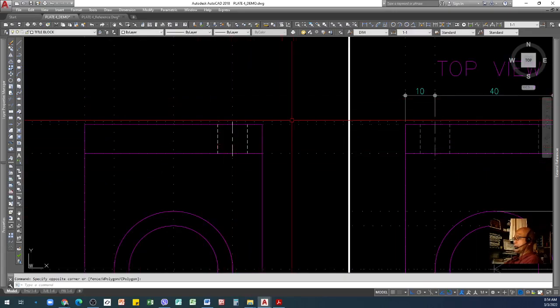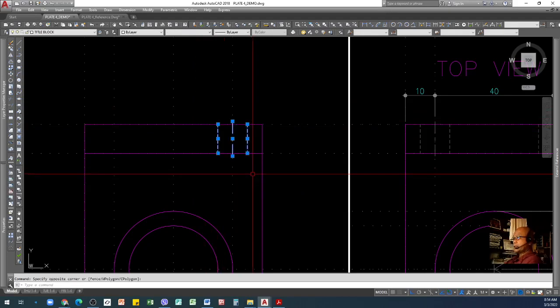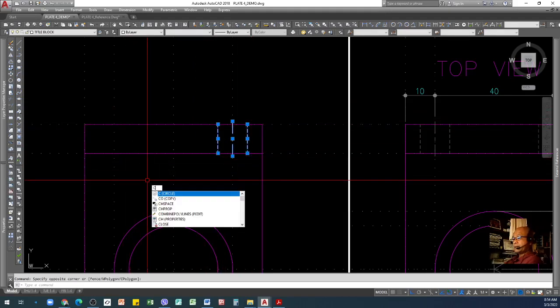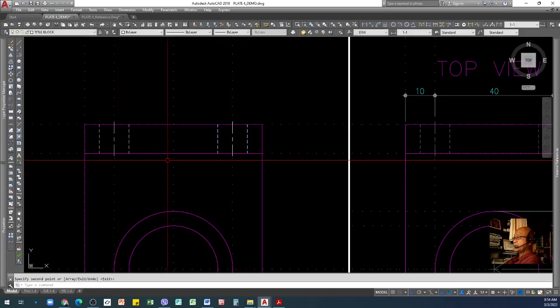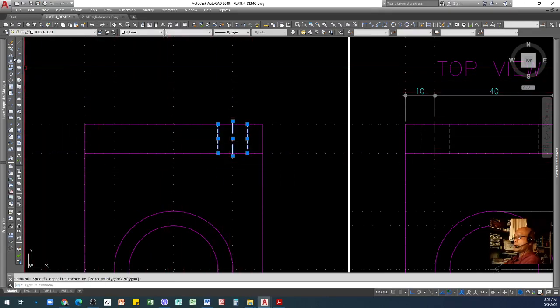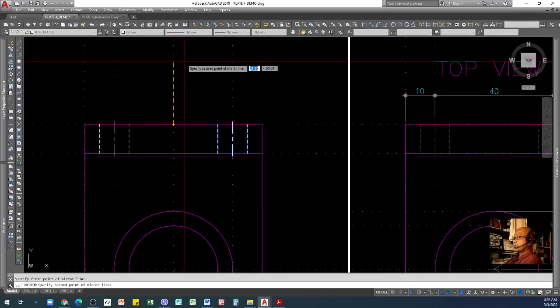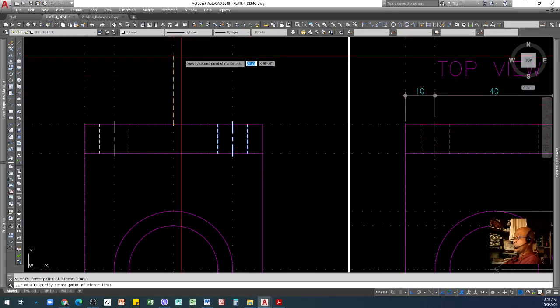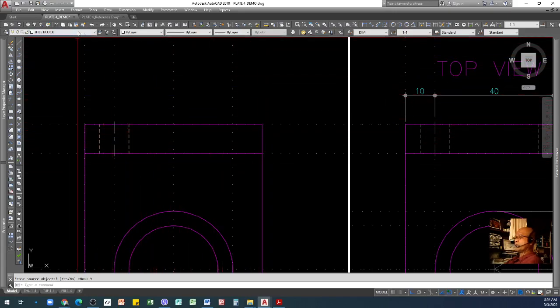Okay, so since it is the same to the other side, I can just copy, enter, and then copy, or I'll undo. Since it is symmetrical, you can also use mirror. So take the midpoint of this line, lock it on the vertical axis, then click yes if you don't want the original one.